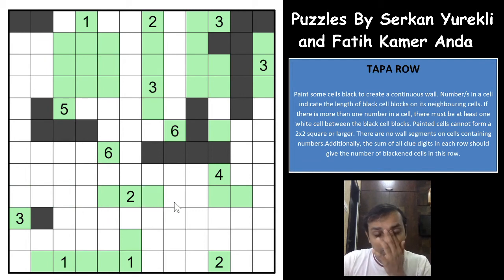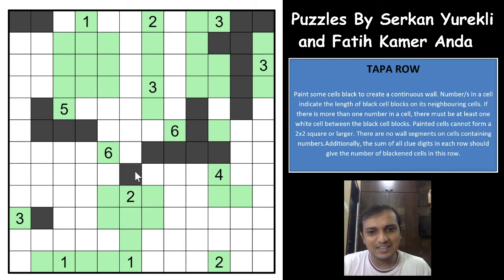Again, this will also have to be unshaded using the same logic here. Using the same logic, this also will have to be unshaded. And with that, if this is shaded, all of these will have to be unshaded. And now we have a contradiction here. This group of shaded cells cannot go up. That's excellent. So which means that this will be unshaded here. So both of these will be unshaded. This will have to be shaded. Excellent piece of logic, guys.